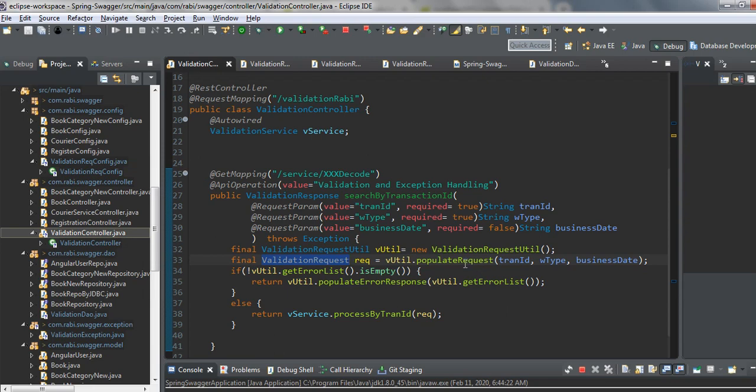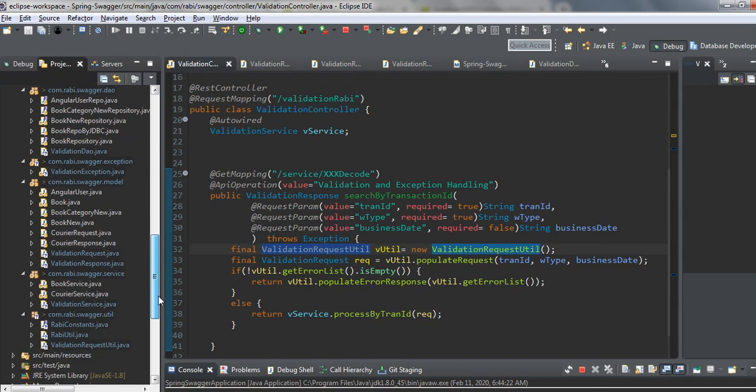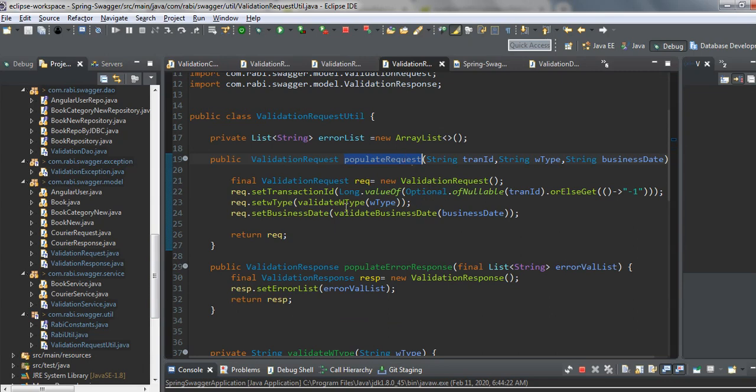So I have prepared the validation request with those three parameters. And how I have prepared it: I have used a validation util, a request util, which I have prepared in the util package, and from the util package itself I have the function populate request. Here, while setting the request or populating the request, for example for the transaction ID, I have checked whether it's a number or not. For the W type, I have checked with a particular function whether the W type is valid, because I am allowing only